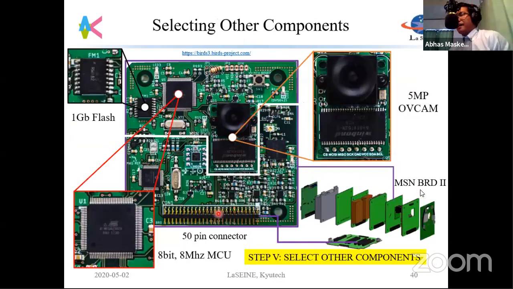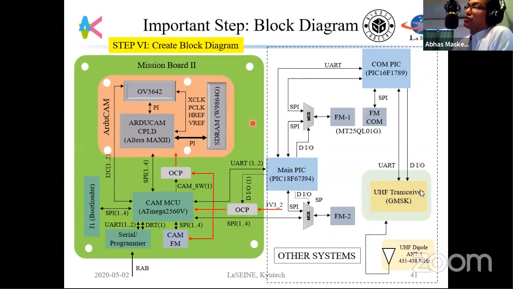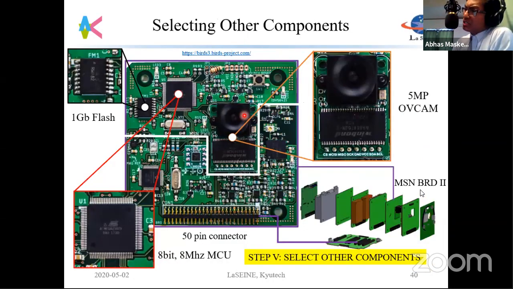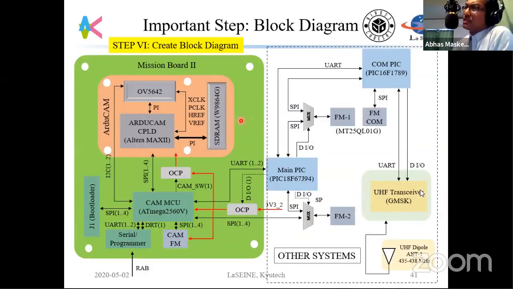So once you have selected other components, which is step number 5, you need to go to step number 6. So we need to create a block diagram, okay? So you need to know how each component is connected to one another,